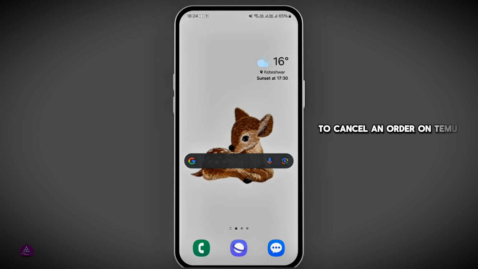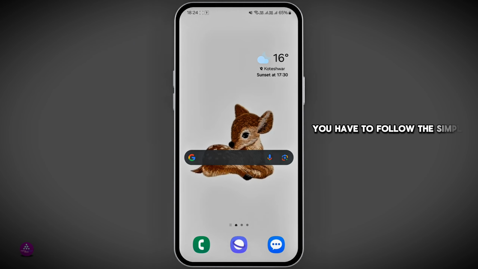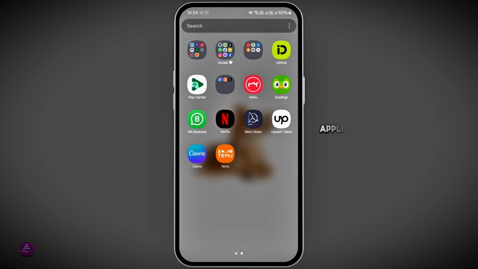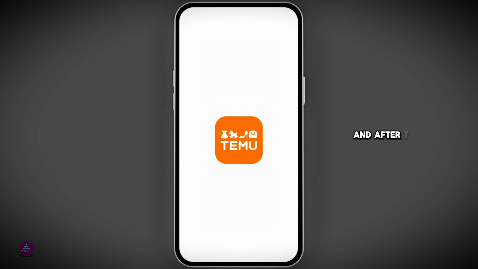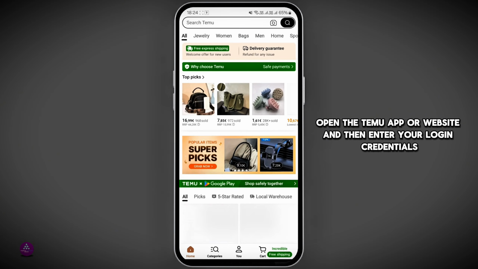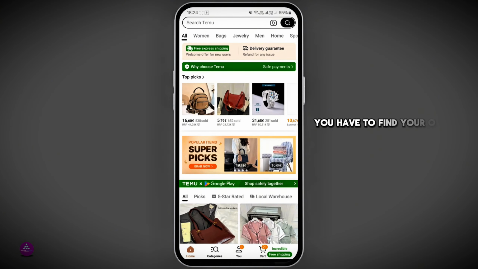To cancel an order on the Temu application, you have to follow some simple steps. First of all, make sure that you've installed the latest version of the Temu application on your mobile device. After that, open the Temu app or website and enter your login credentials. After that, find your orders or order history section in the menu to see the list of